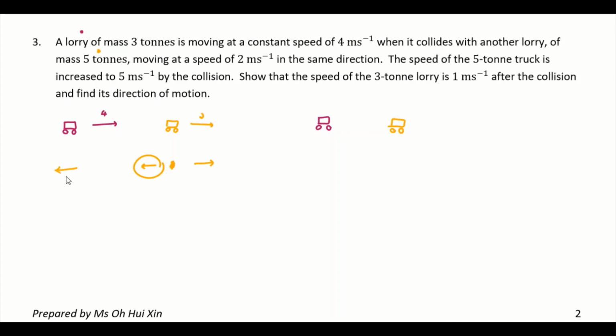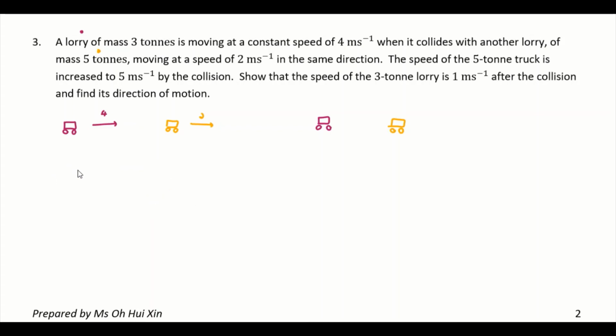But it wouldn't be logical if these two lorries actually moved towards the left-hand side after the collision, right? It would be like going here, then after the collision, suddenly both move towards that side. So that's quite impossible. So that's why, if we say that the speed of the 5-ton truck actually increased to 5 meters